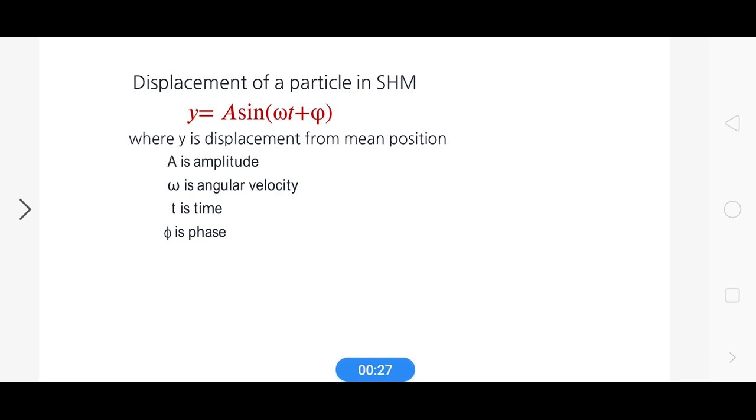In the last session we discussed the displacement of the particle in simple harmonic motion, that is y is equal to a sine omega t plus phi, where y is the displacement from the mean position of the particle, a is the amplitude, omega is the angular velocity, t is time and phi is the phase, which indicates the initial position of the particle. Now in this session